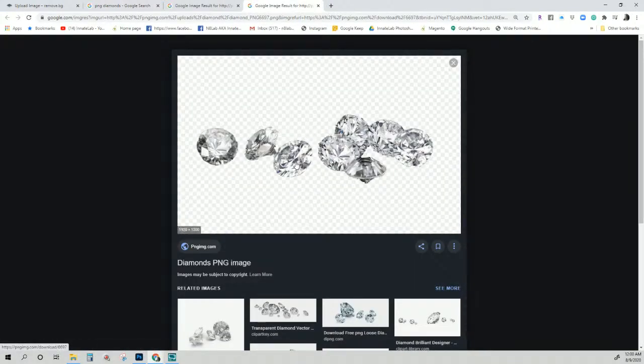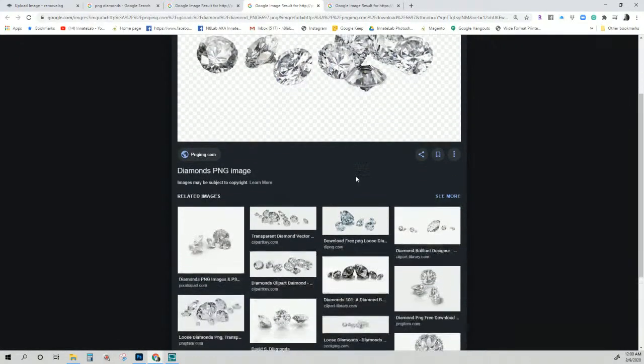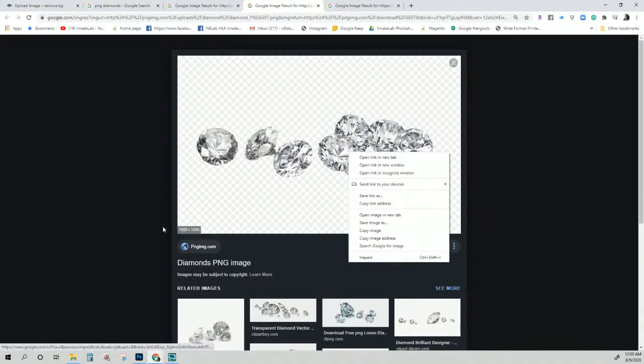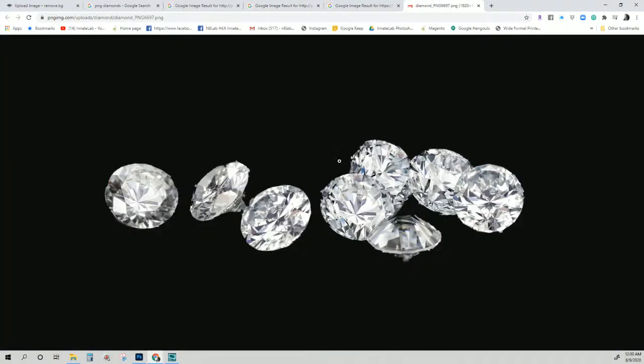This might actually be a PNG. Hold up, wait a minute. Well, see, it's not that clean cut either. But I think it will work for the purpose of what we need it for. Alright, so let's right click. I never just download with this checkerboard. I right click, I go open image in a new tab. And when it opens in a new tab, if it still has checkerboard, it's not a PNG, sis. I'm telling y'all. So right now, when it shows up with a black or white background, and it's not exactly